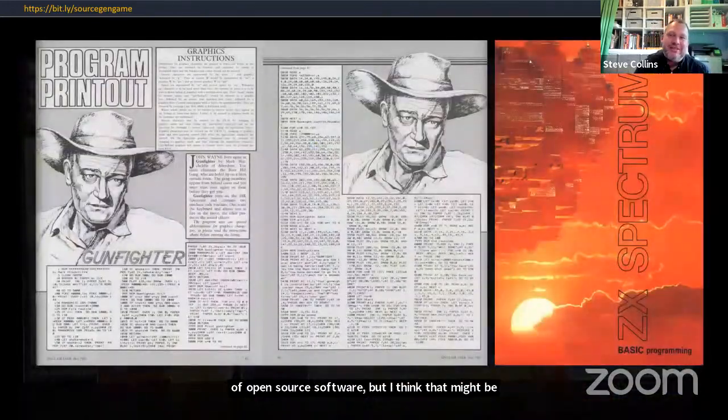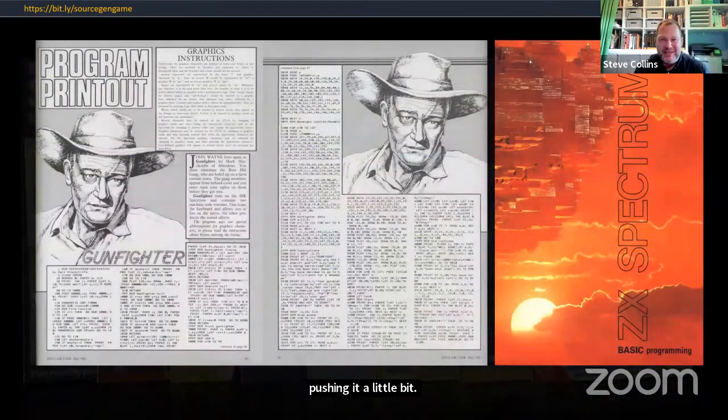So here we have a typical listing of something that you'd find in one of those magazines. They're mostly written in ZX Spectrum, to give its proper name, Sinclair Basic, which was a great way to learn to program, as I say, by looking at how other people did things. You used to get magazines, you used to get books, you actually got a programming manual with a computer back in those days.